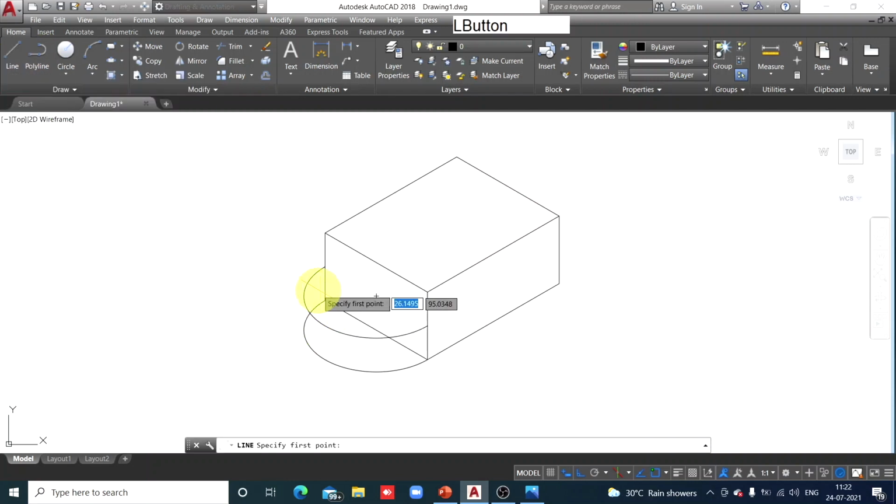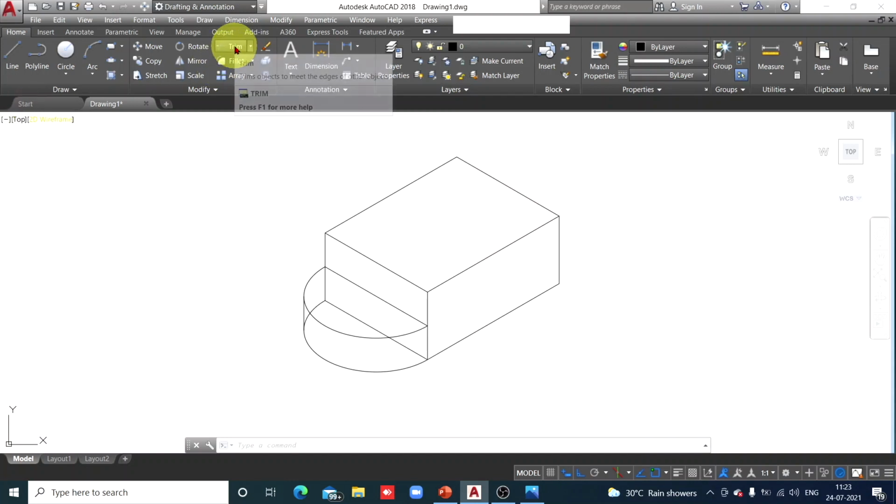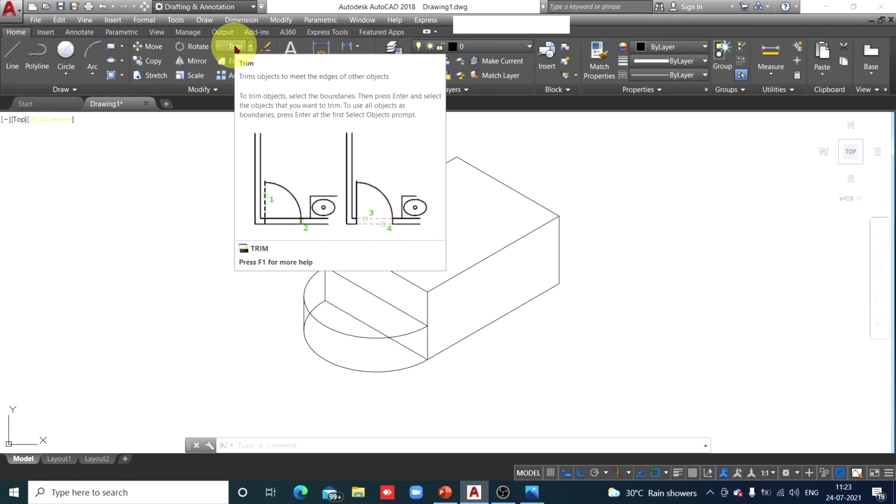Now this curved semicircular surface must have its boundary generator. So line, quadrant point, check it. Click here, and on the lower surface quadrant point, click here. Now a line from this point to this point, that is the joint where the semicircular surface meets that vertical surface. Now remember, edges over the visible surface are hidden, and we don't show hidden details in isometric view. So those portions of edges on the visible surface you are going to trim.